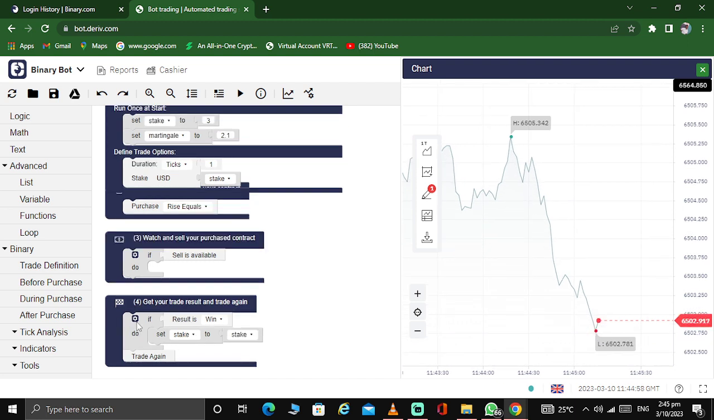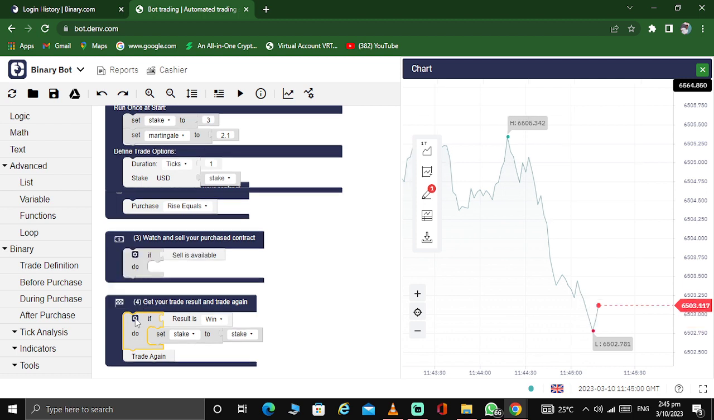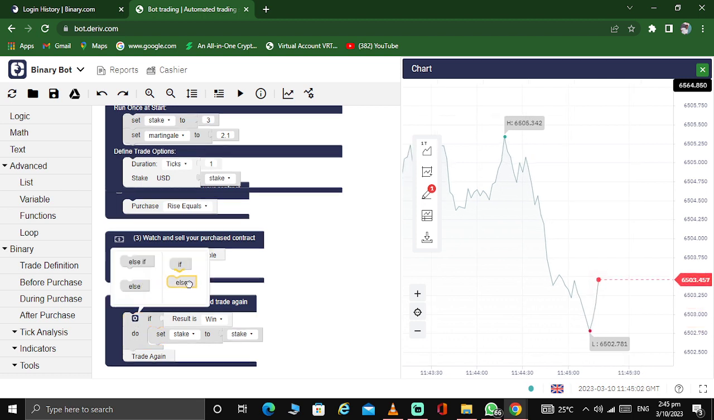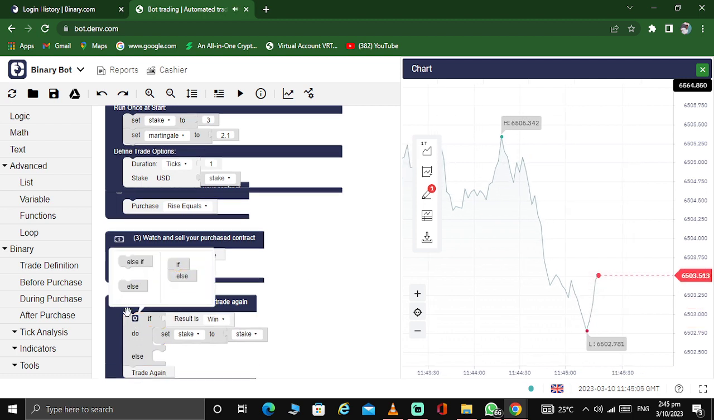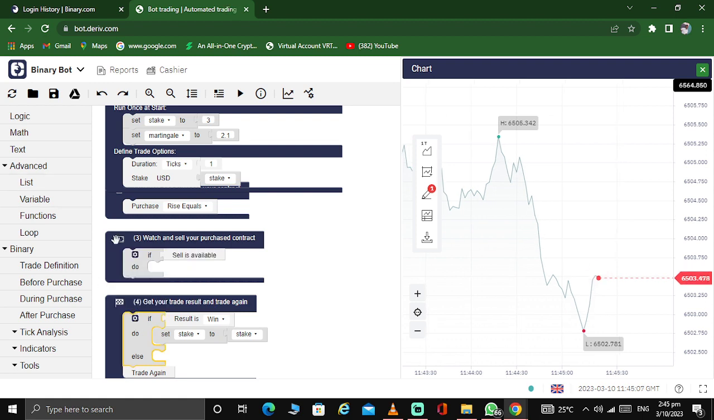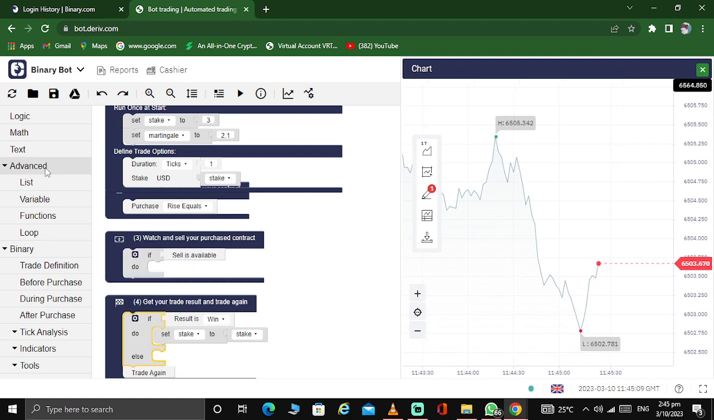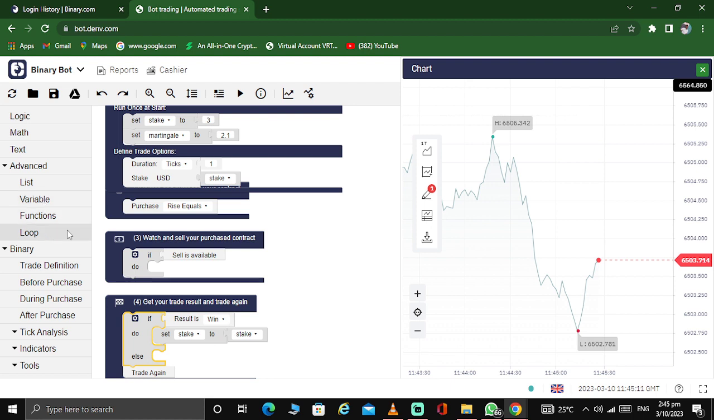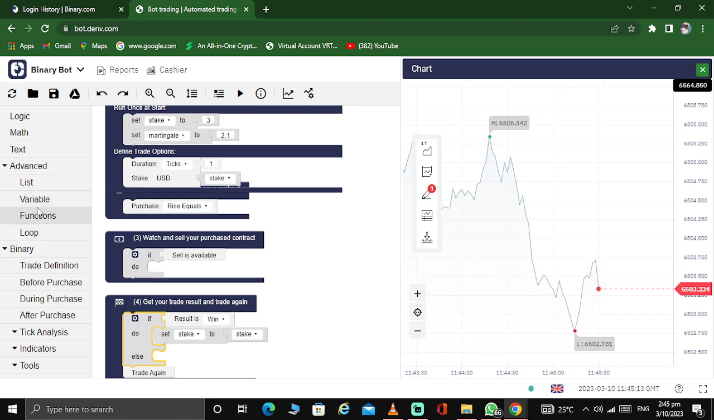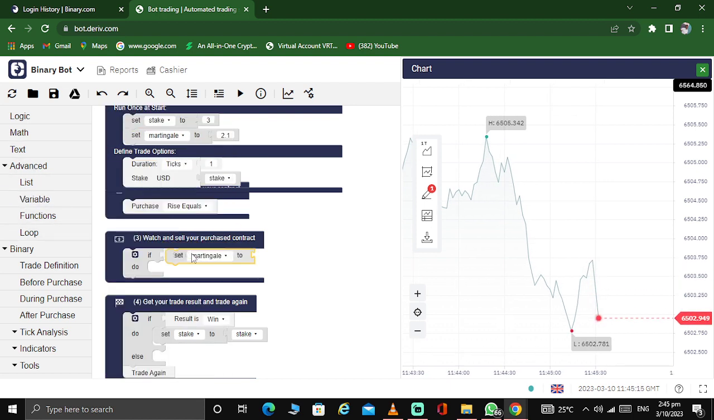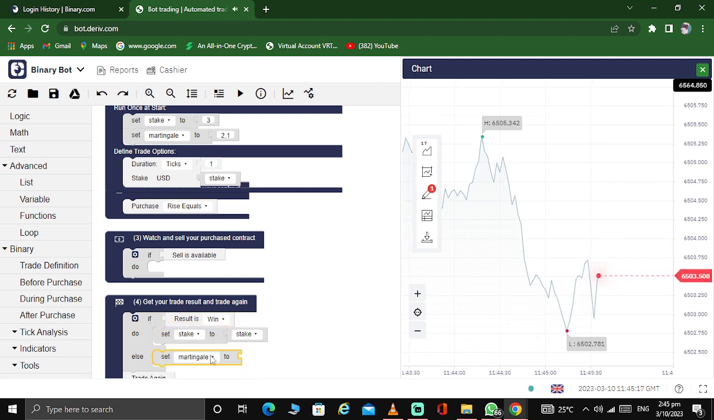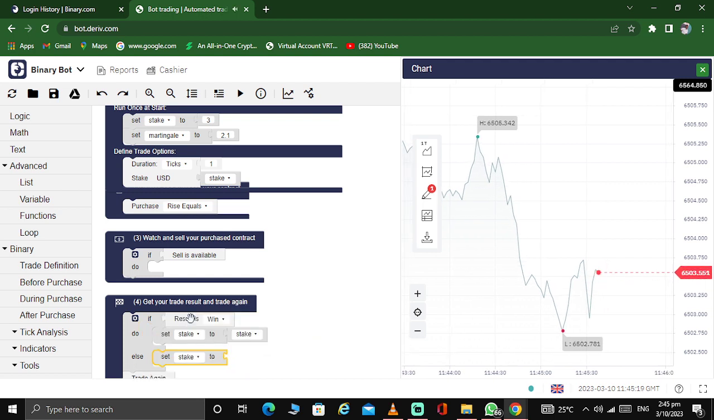So else, meaning if the result is a loss. If the result is a loss, what should it do? Set stake to, come here to variable, take this one, set stake to